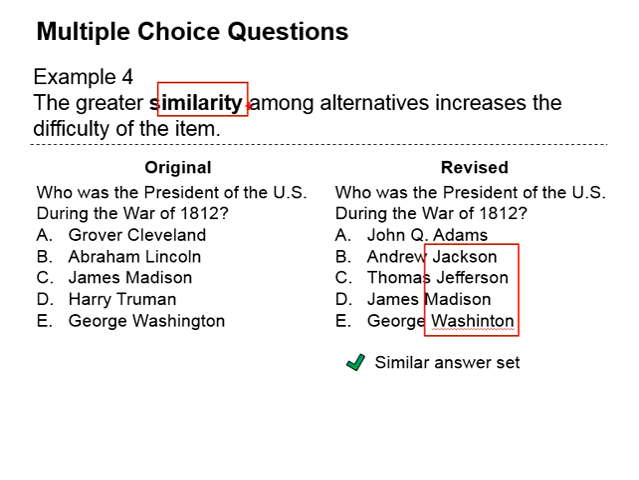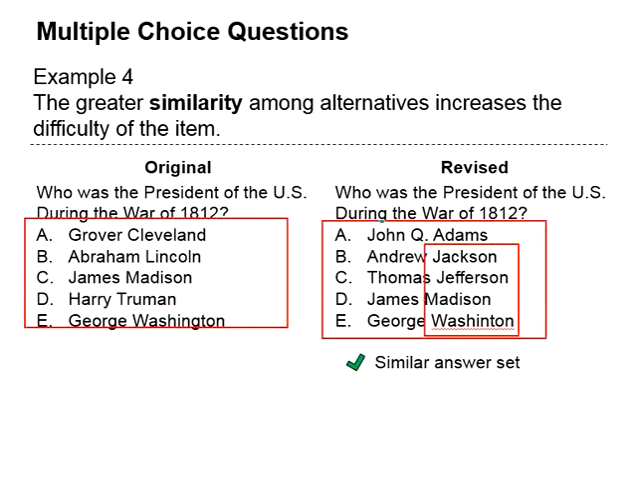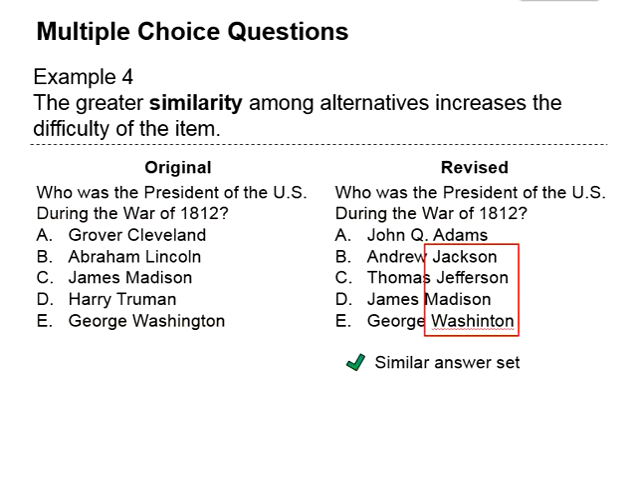The greater similarity among the alternatives increases the difficulties of the item. What does it mean? You can compare the alternative here and the alternatives here. You will see some degree of similarity here. Jackson, Jefferson, Madison, and Washington. They all end up with son or ton. This increases the difficulties of the item, helping you to filter those who do not really have an idea about